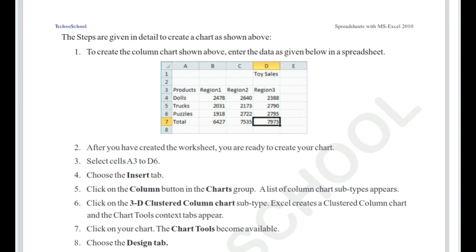You can get the chart like that. So these are the steps you have to follow to create a chart. If you have a system in your home, just work on this task. You can get good knowledge in MS Excel. Understand the task and do it if you have a system. This task, no need to write in your CW, children.